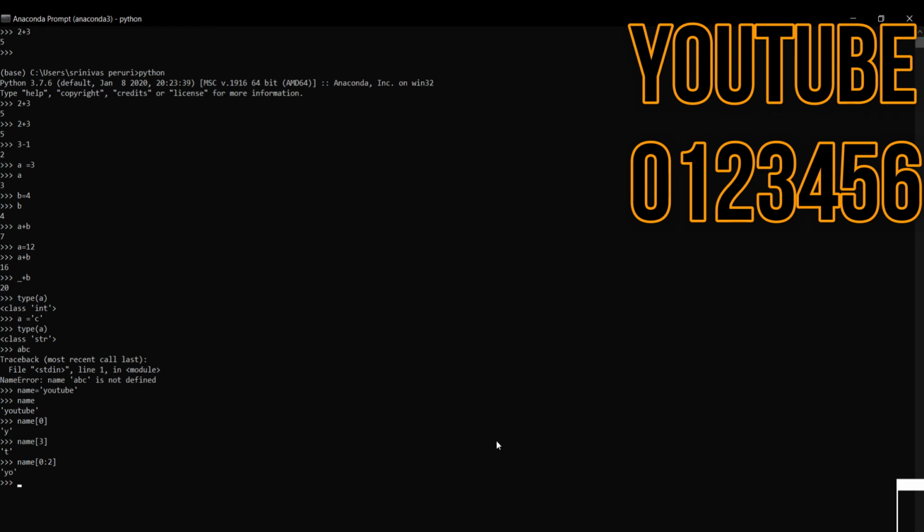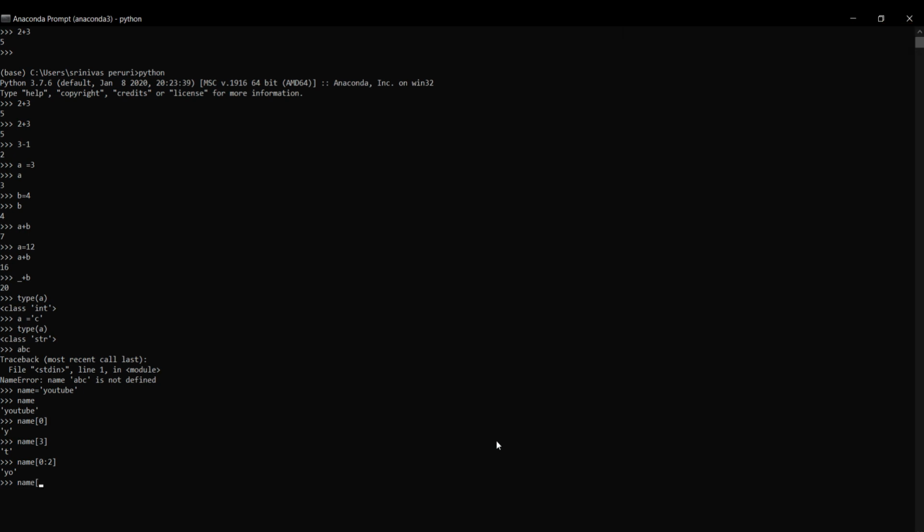So 0, 1, what will we get? Yo. So what if I want to print the value of out? If I want to fetch the data and print it as out, correct, right? In such a case, what should I do? Our starting letter is from position 1, and for out the end should be 4, correct, right? Till 4, so I'll get out.